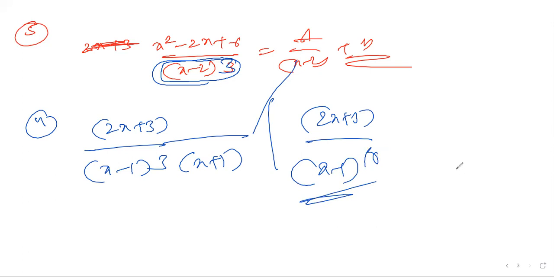Am I clear? I told you yesterday we have an alternate method when only one function is there, with the power being something else. Nothing to bother about that, we can apply that method. What is the method? I'll try to explain the alternate method for you. Let us take the fourth question for the alternate method. You can apply the alternate method for the fifth question also. 2x plus 3 by x minus 1 whole cube. This is the question here.